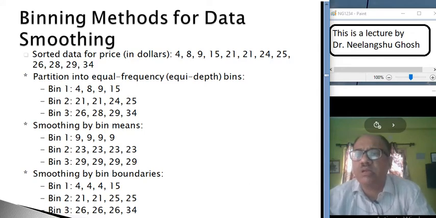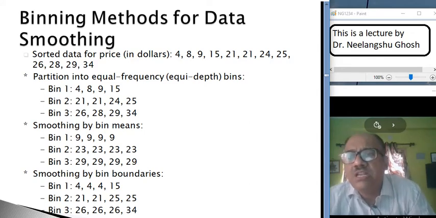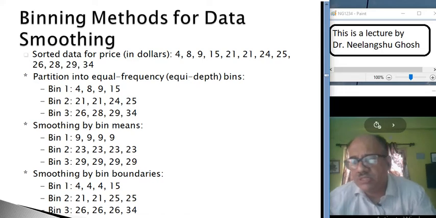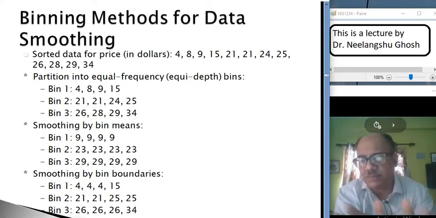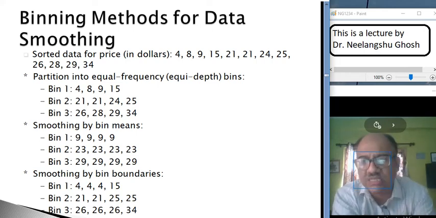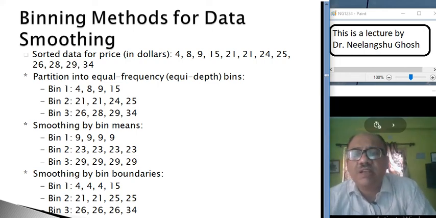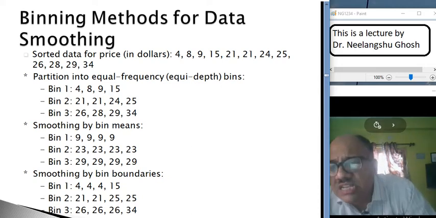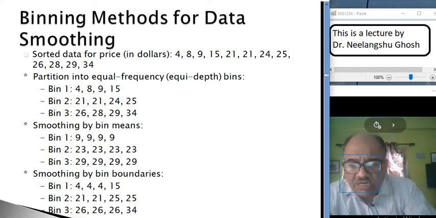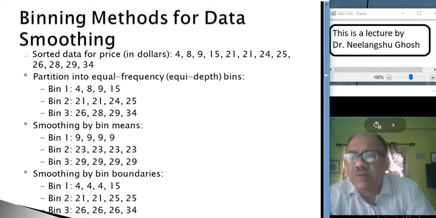Like this example. So how to use the binning method? Binning means putting the data in separate bins. Bins means separate places. Say these are the values 4, 8, 9, 15, 21, 21, and other values. What you are doing is partitioning into three equal parts, three different bins: bin 1, bin 2, and bin 3.